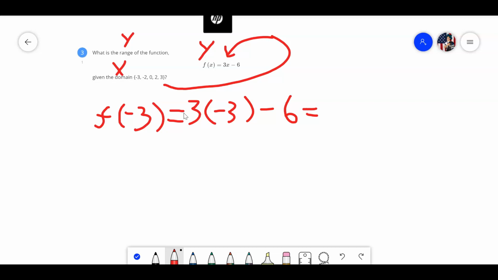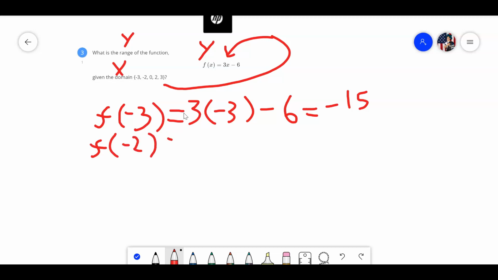Okay. Now, you can use a calculator to do this. We're going to get through this a little faster. So 3 times -3 is -9, -9 minus 6 is -15. Cool. All right. The next one, f of, that's how you say it, f of, the next domain value is